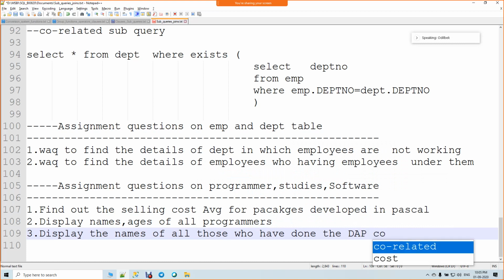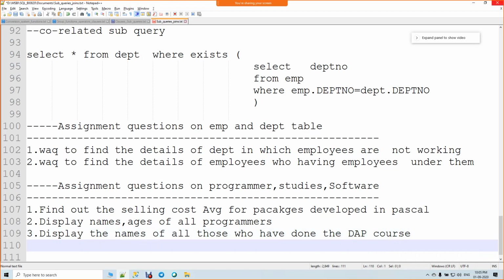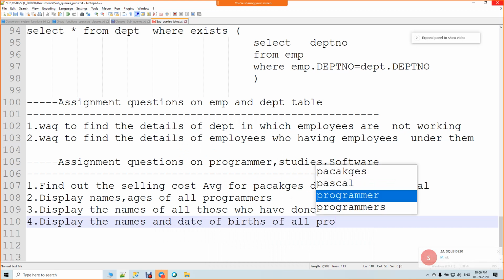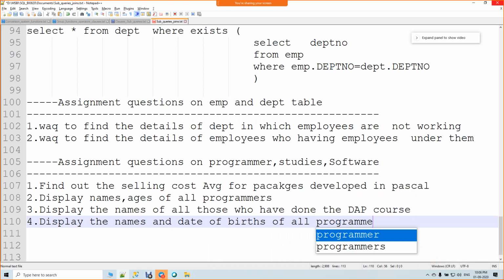Just go through the questions and ask me if you have any query on the questions. You can ask me now only. Names and date of birth for those born in Germany.